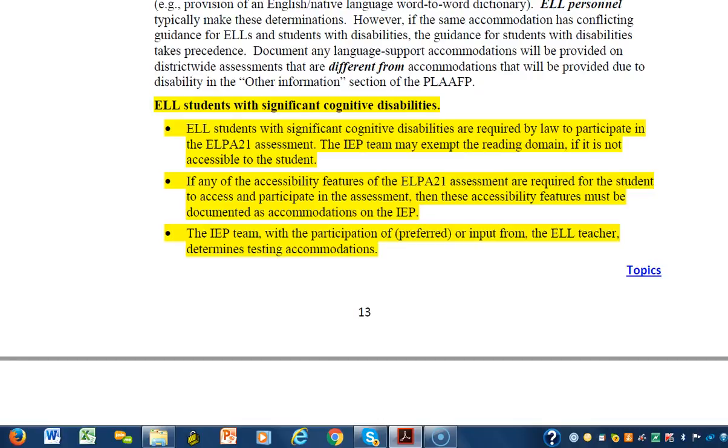And finally, the third bullet mentions that the IEP team, with the participation or input from the ELL teacher, determines testing accommodations. So just a reminder that for students that are ELL that also have intellectual disabilities, there is still the requirement for the ALPA 21, and it's reminding the IEP teams that they need to consider accommodations for this as well.